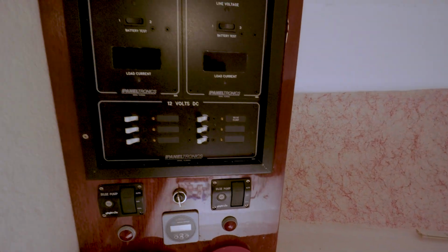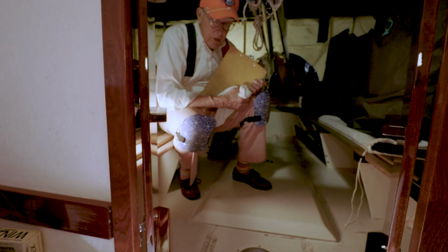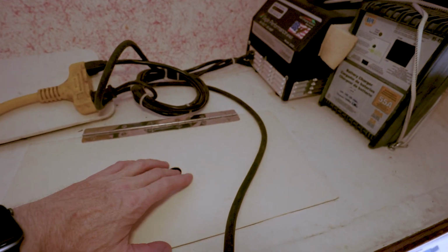And if you look to your left, you'll see an amazing electrical panel. Operate all the electronics on the boat, wind instruments and everything else that comes with the boat. So this is pretty sweet. There's storage under these seats. You can look under the seat beside you right here, and you'll find...